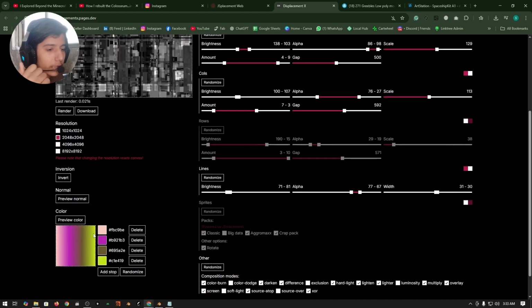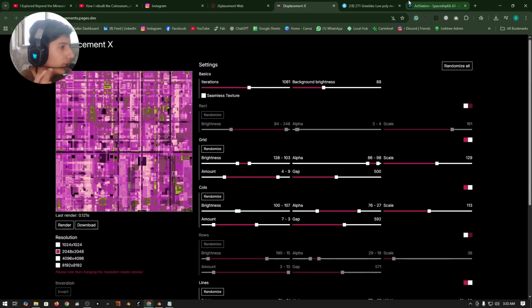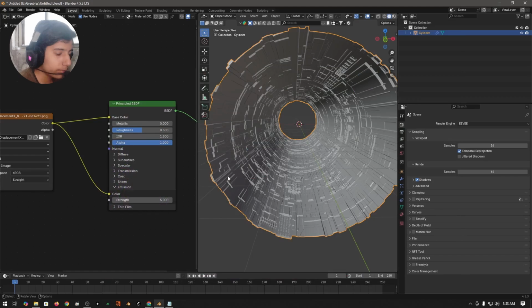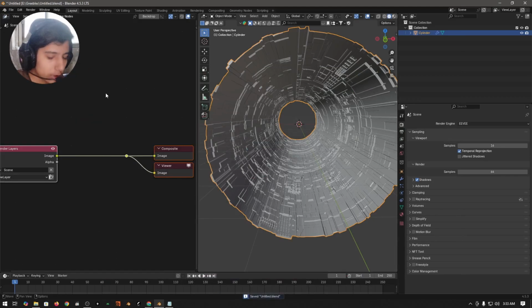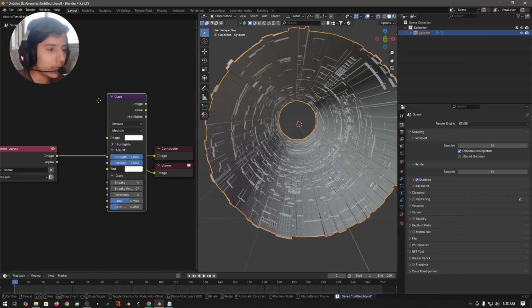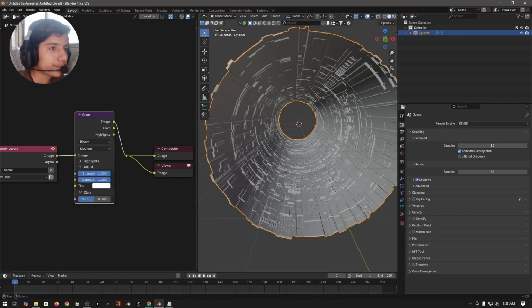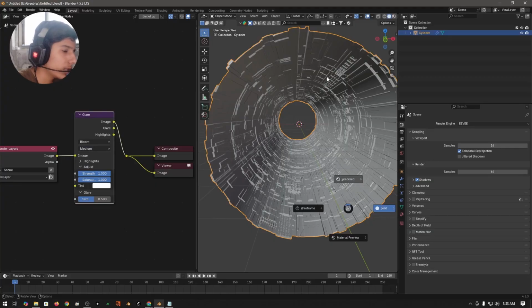By randomizing it, you guys will get this. And then what I'm going to do is I'm just going to compositor, click on use nodes, then add a glare node here, change it to bloom, and then now if you guys go into rendered mode, you guys will get your result. Now this was that easy,